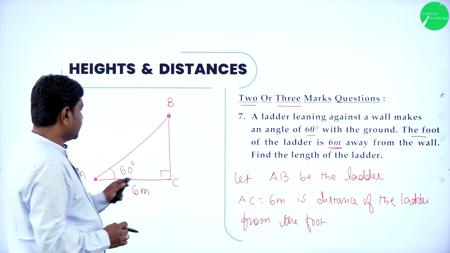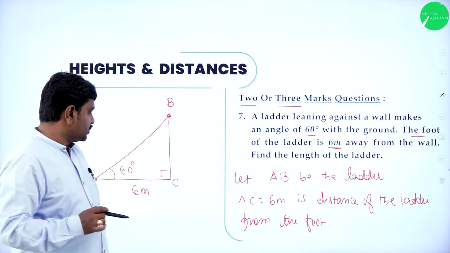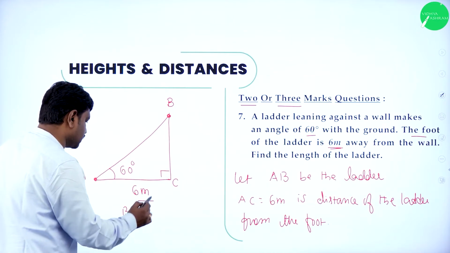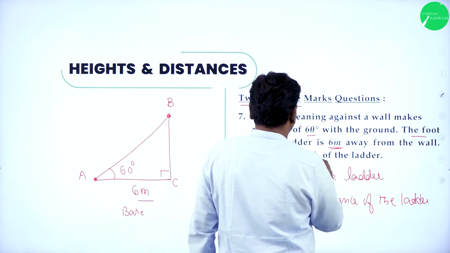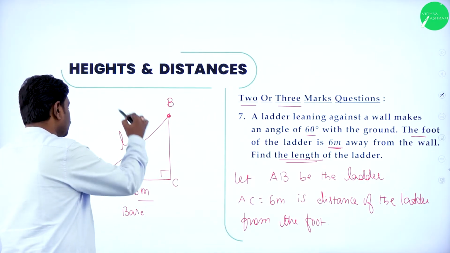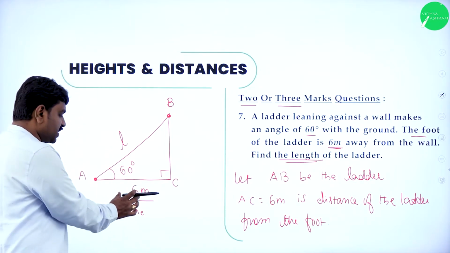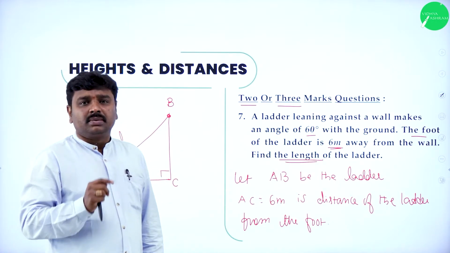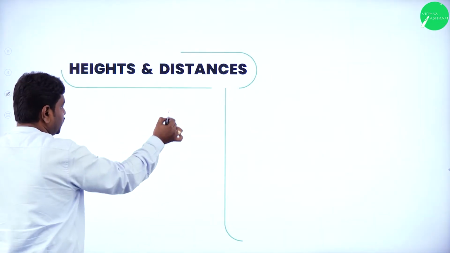So now you can see a right angle triangle. From this right angle triangle, you need to apply what? So we know the base, or we can also say adjacent. And they want you to find the length of the ladder. So length of the ladder means AB they want. So I'll assume AB is equal to L, the length of the ladder. So I need to find L. See, base is there, hypotenuse you want. Base by hypotenuse, or adjacent by hypotenuse, means take cos theta. So let me take the triangle.